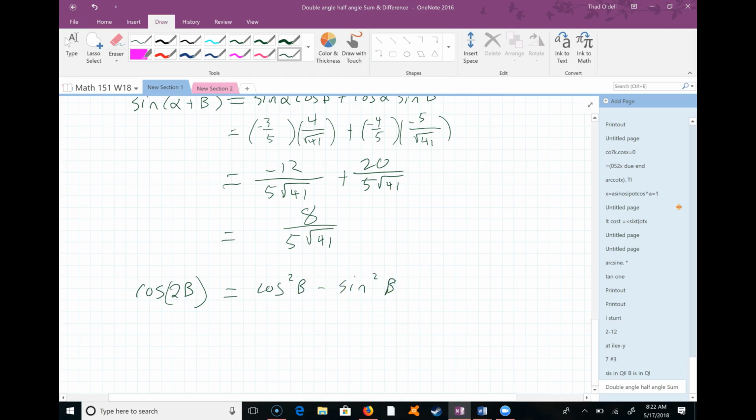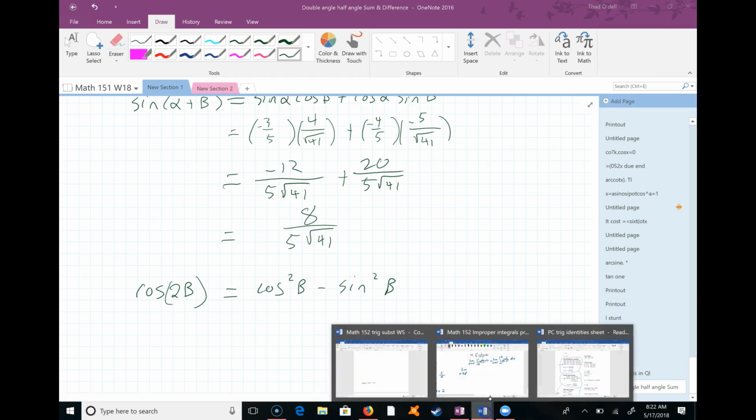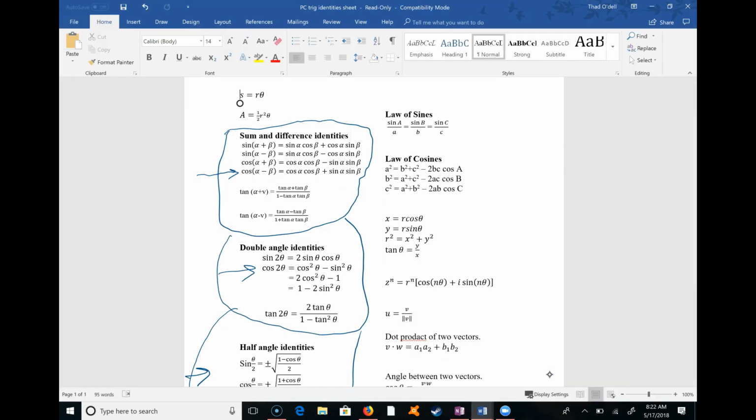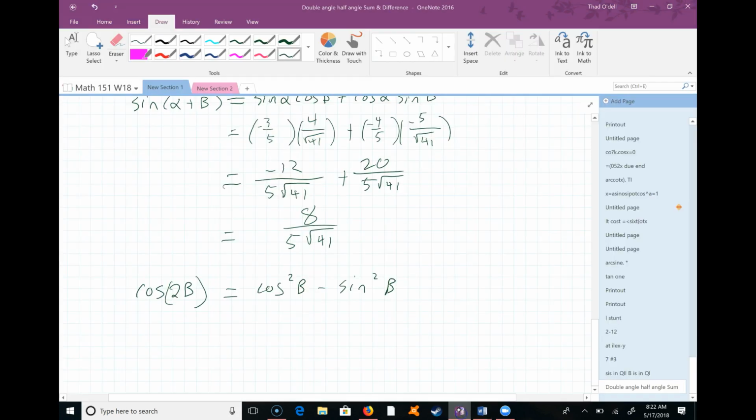What happened to the 2? You may be asking yourself that, so let's go back and look at it. This says that if you have cosine of 2 theta, then you just have thetas there and there. That's how cosine 2 theta is translated based on this identity. So now what we have here is something squared minus something else squared, and the first something is cosine